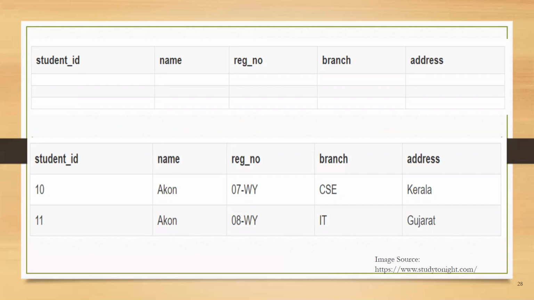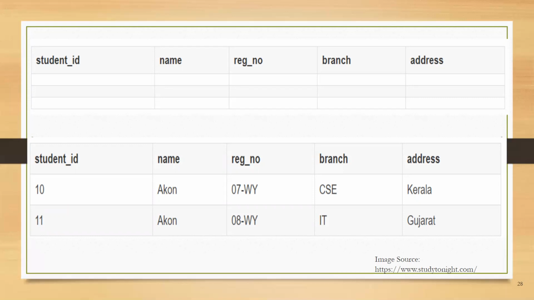Let us take an example of a student table. You can see over your screen, which has columns student ID, student name, registration number, branch, and address. In this table, student ID is the primary key and will be unique for every row. So we can say that using student ID, we can fetch any row of the data from this table. Even if the student names are the same, with a different student ID we can identify the unique records. So for the student table, student ID becomes the primary key, and using that primary key, we can identify the unique records in our table.